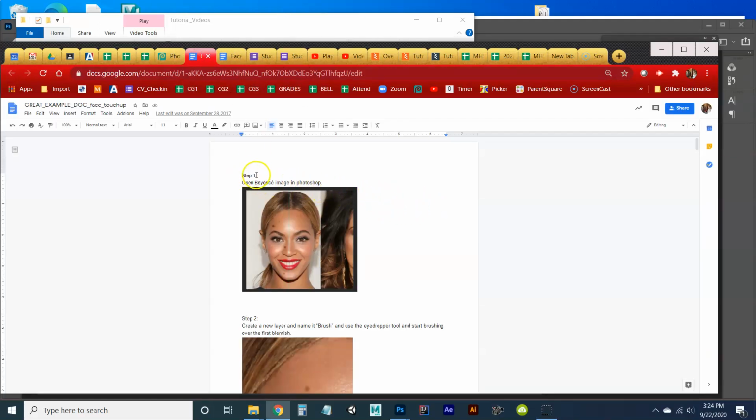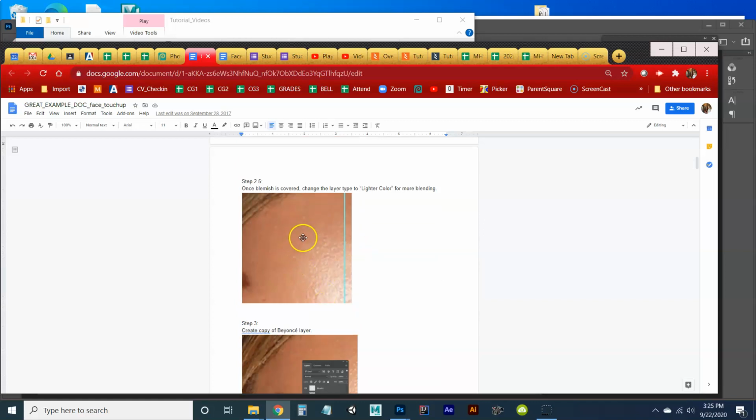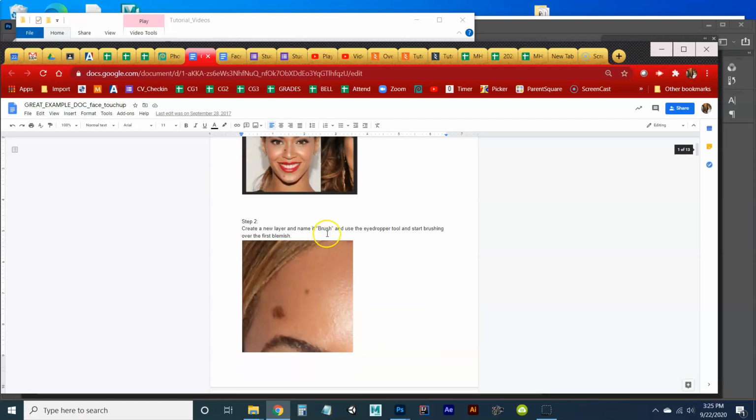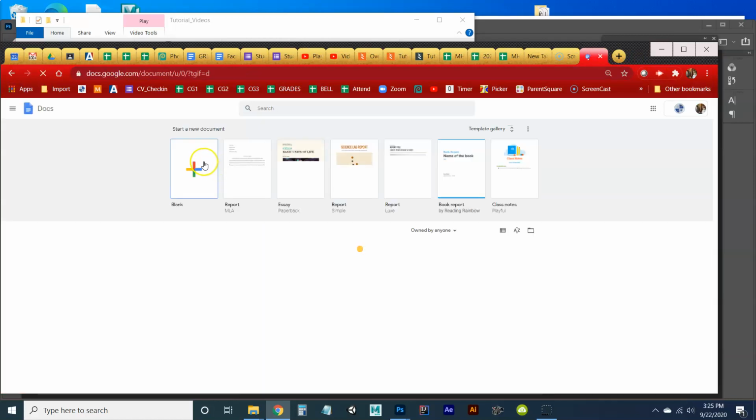Okay, so they started writing steps, took screenshots, wrote another step, took a screenshot, wrote another step, took a screenshot. These are not screenshots, however, and I'm going to show you how to get something like this into the Google Doc. All right, so if I go create a brand new Google Doc, I go to my apps, create a new Google Doc,